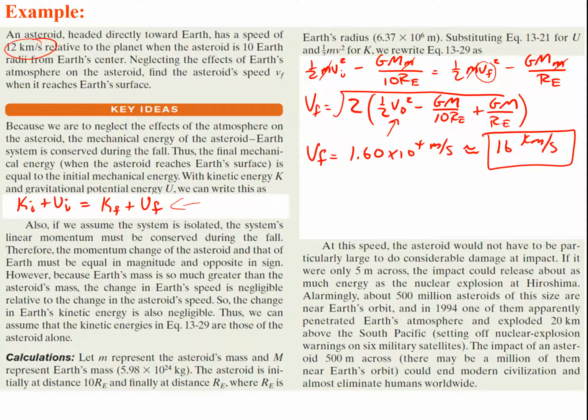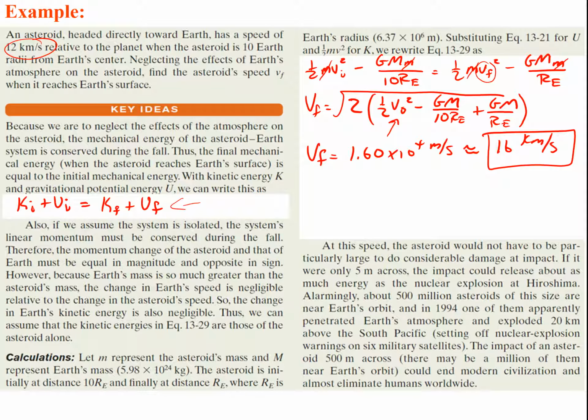And it gained kinetic energy, which makes sense because it's losing some potential energy as it gets closer to the Earth. At this speed, the asteroid would not have to be particularly large to do considerable damage at impact. If it were only 5 meters across, the impact could release about as much energy as the nuclear explosion at Hiroshima. Alarmingly, about 500 million asteroids of this size are near Earth's orbit, and in 1994, one of them apparently penetrated Earth's atmosphere and exploded 20 kilometers above the South Pacific,